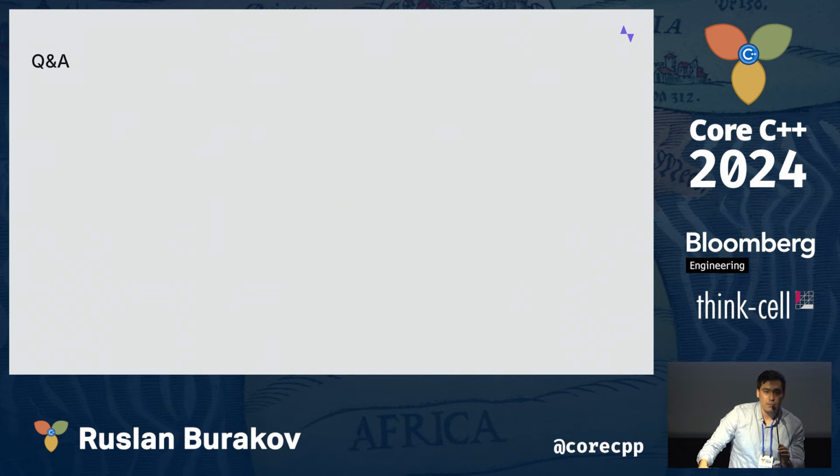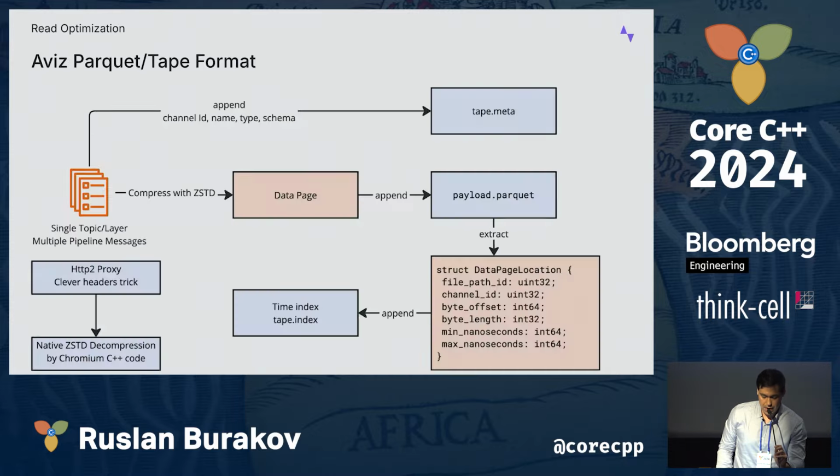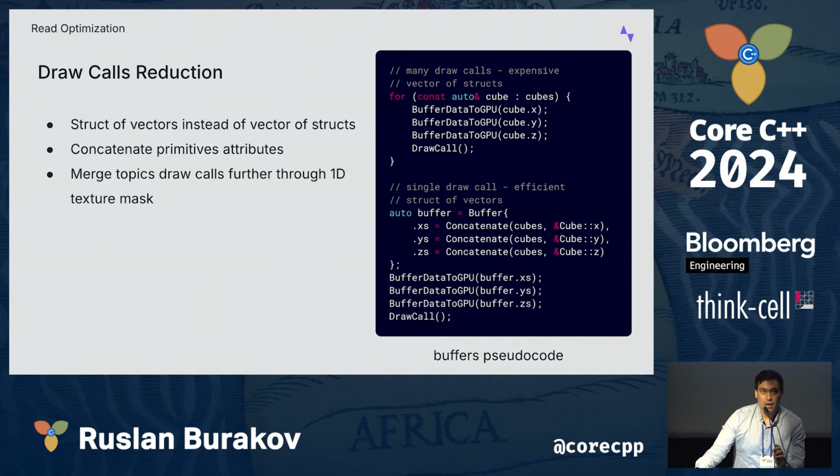Sure. Was separating the positions into X, Y, and Z meant as an optimization in size and compression, or for rendering? So essentially, the question goes to this slide: by concatenating the separate attributes, are we doing that for render performance or size performance? Great question. Actually, we are doing it for both eventually, because it gives us render performance because we